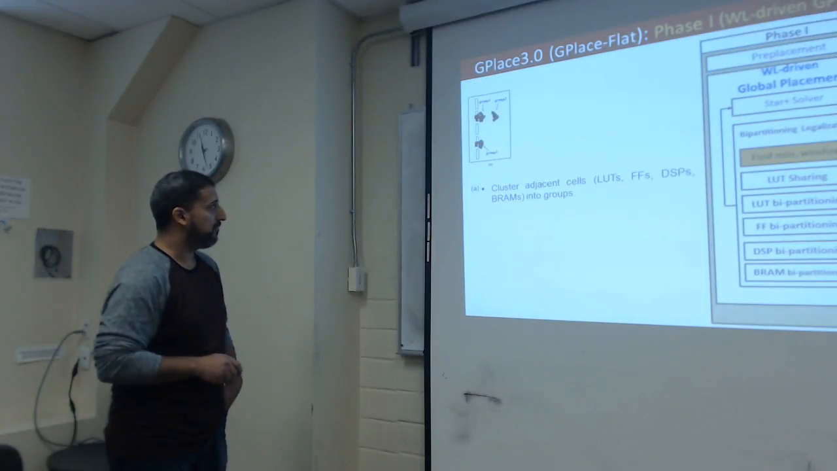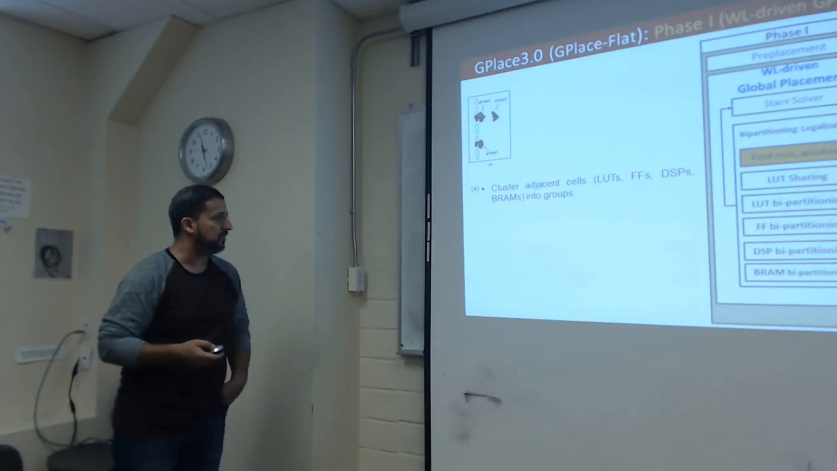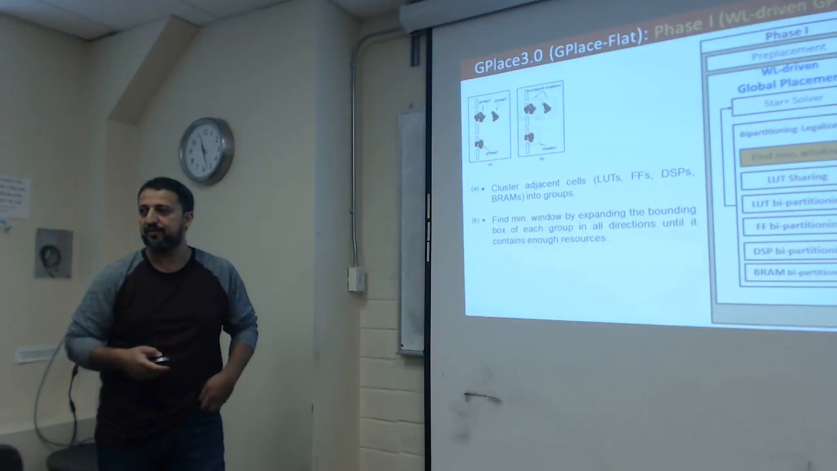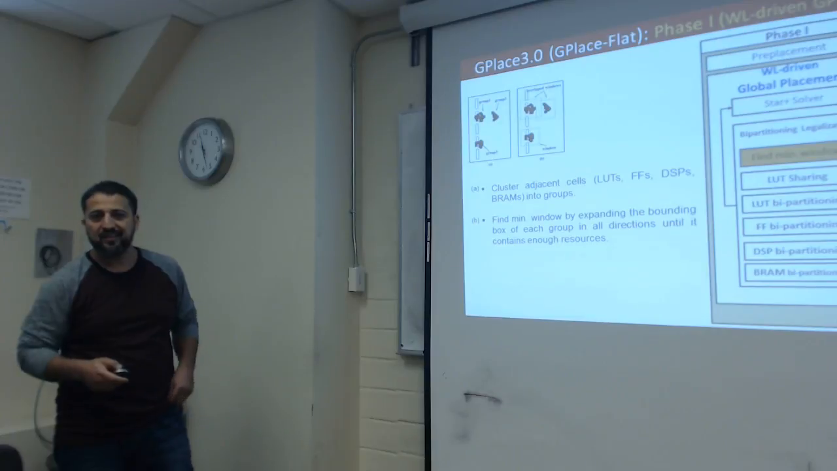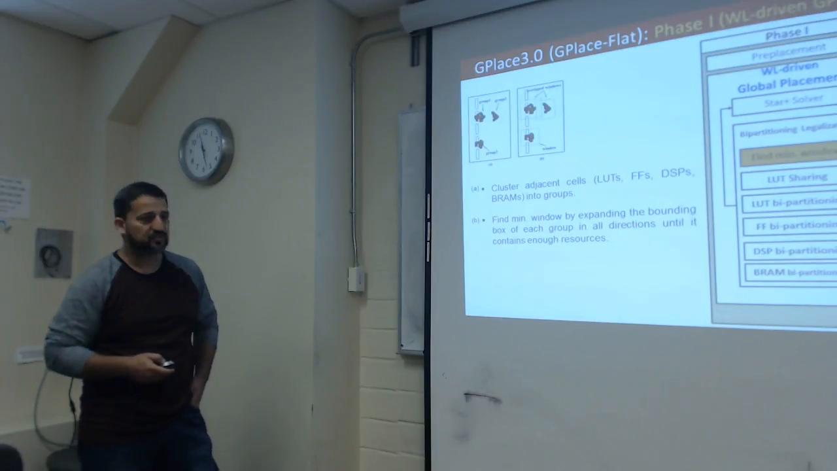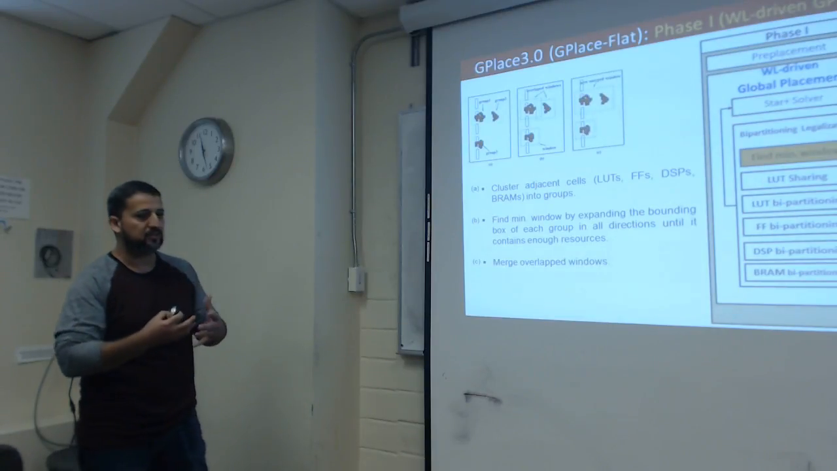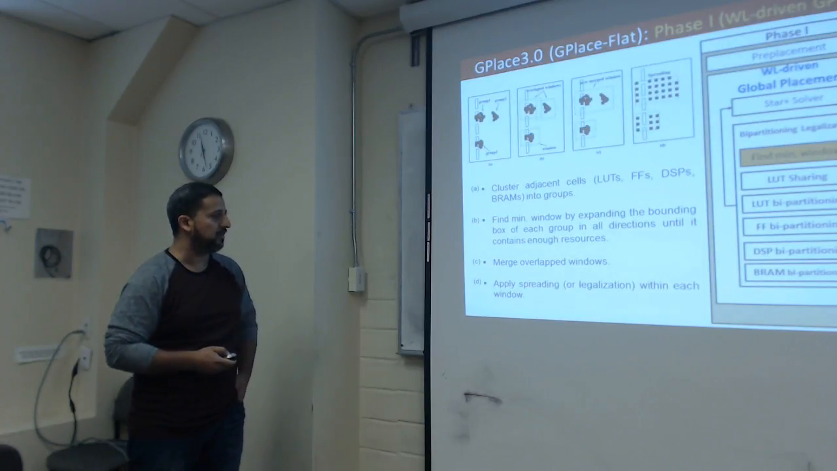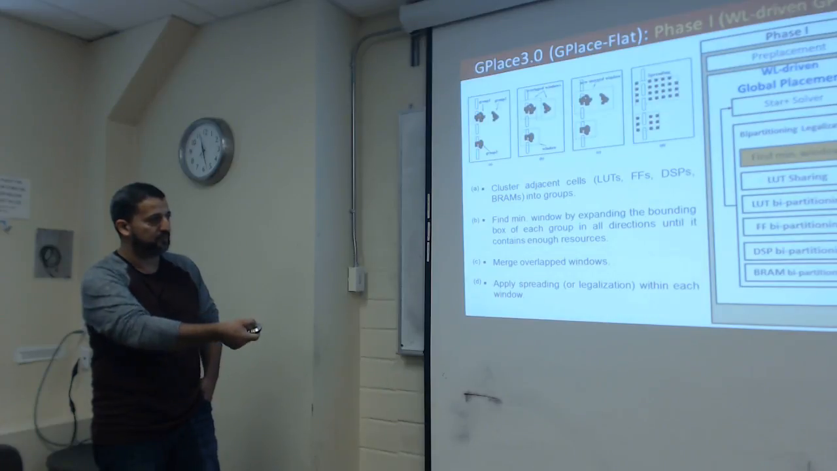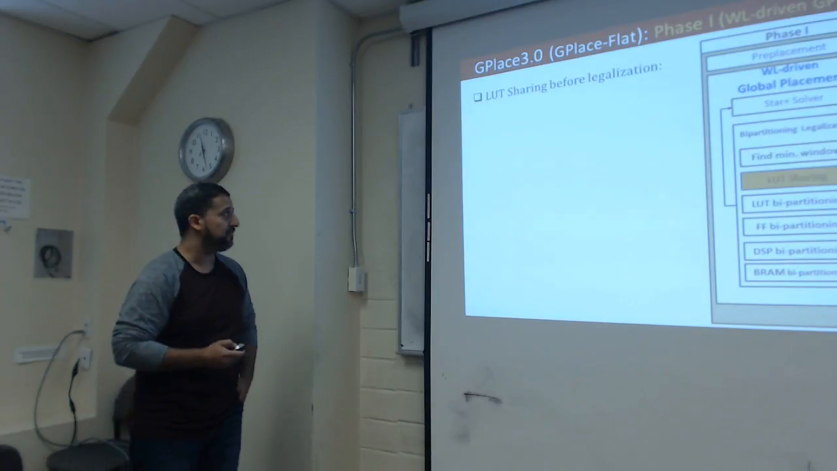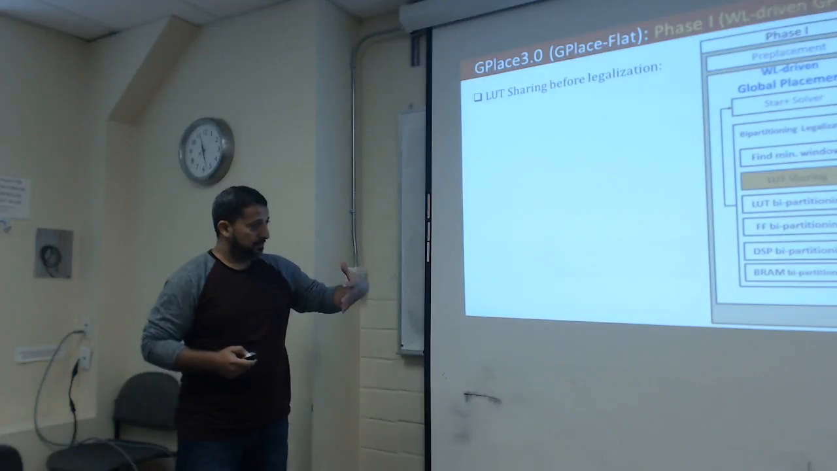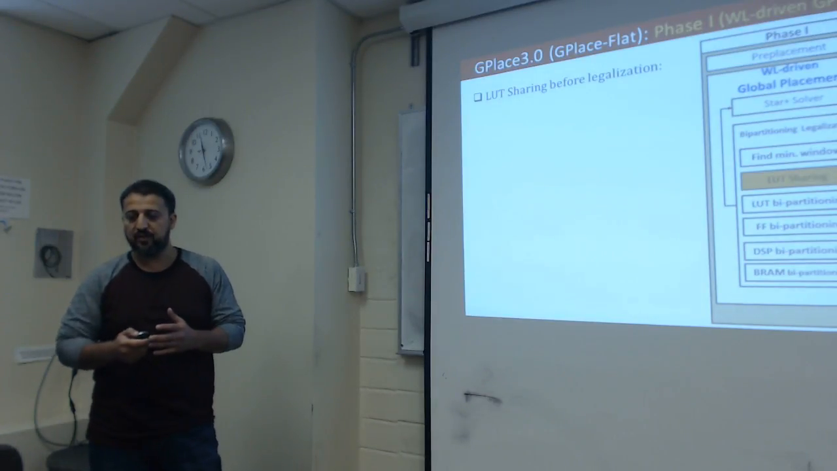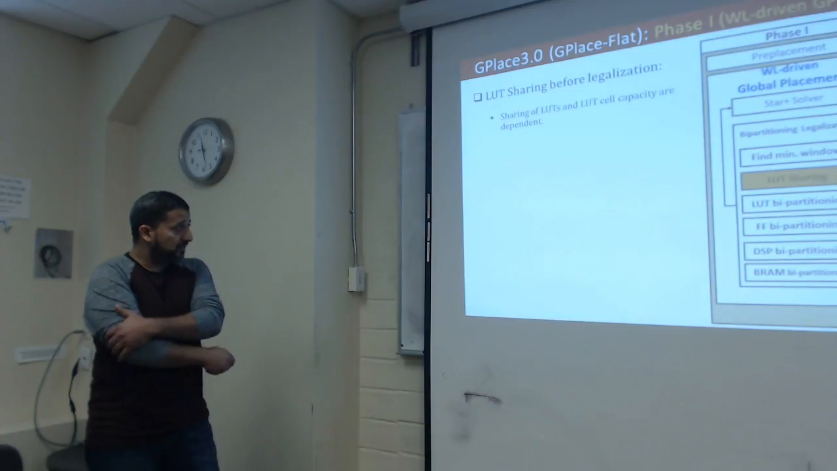So this starts with finding a minimum window by clustering adjacent cells into groups. Then we expand that window until we have enough resources, maybe similar to the SymBL approach. And if we have a merged, overlapped window, then we merge them together and we perform bipartition for different components later on. Now, before we legalize the LUTs, we have an issue here because there is a dependency